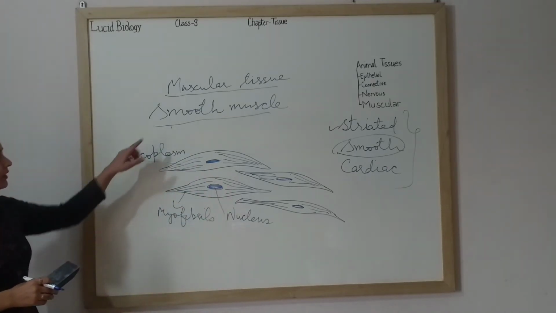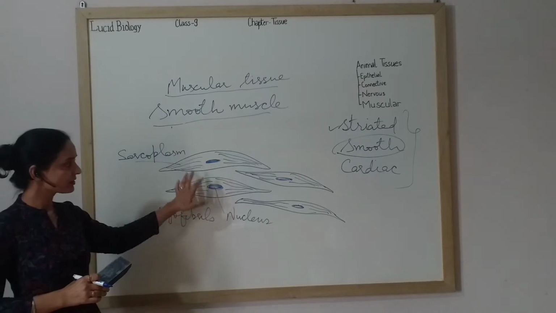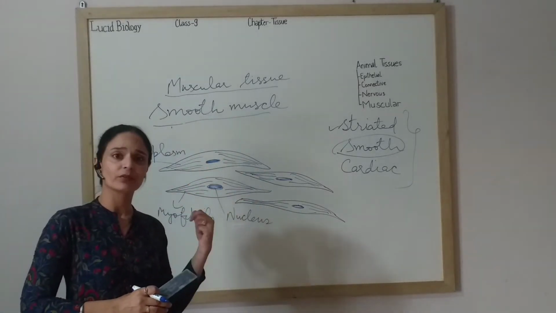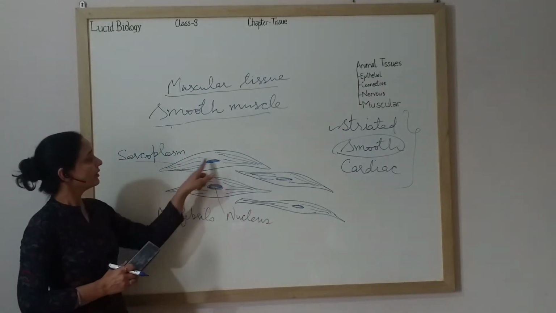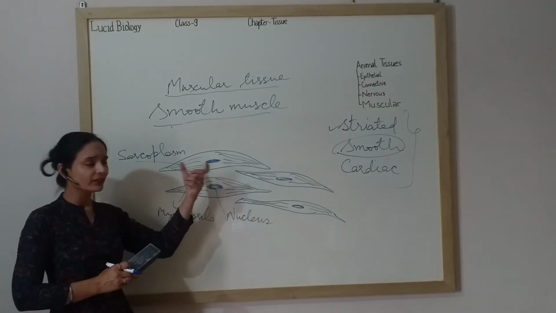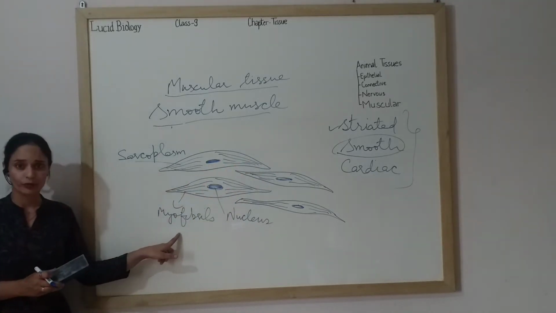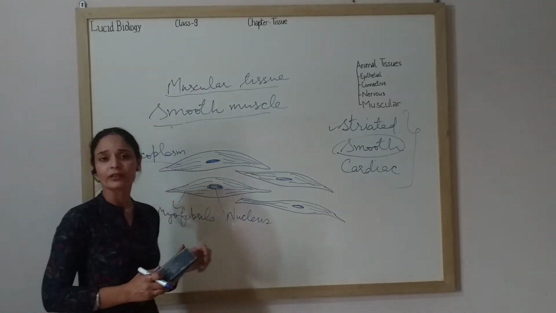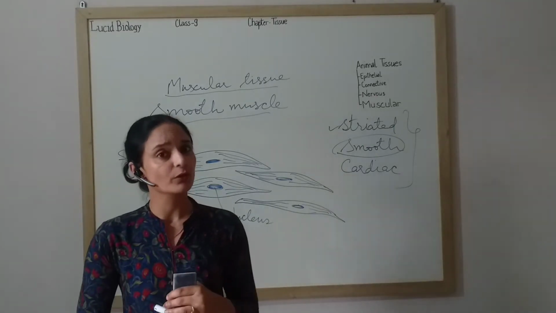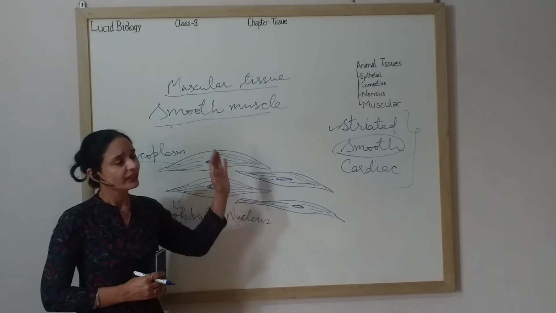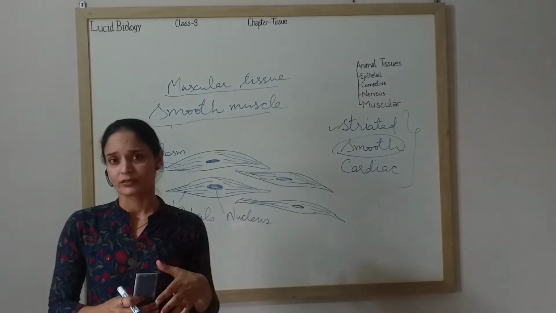Okay, so smooth muscles occur in bundles. These bundles are held together by loose connective tissue that we have done earlier. And this big cigar-like nucleus is there in the center. Thread-like structures are called myofibrils. Now, where do we find them? As I told you, they are found in all visceral organs. That's why we got the name visceral muscle also. They are present in all the internal organs except the heart.